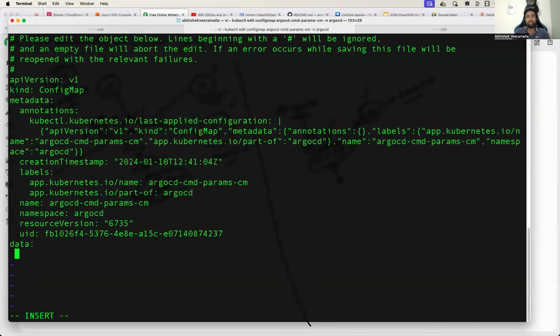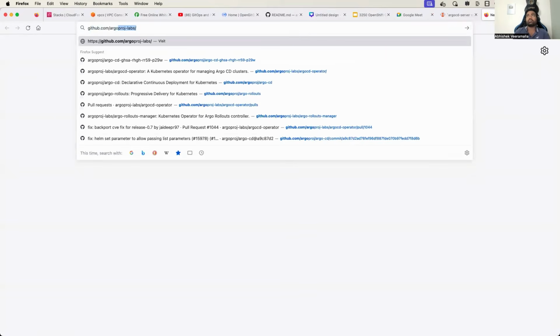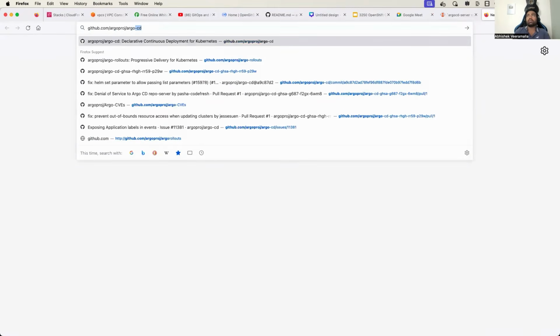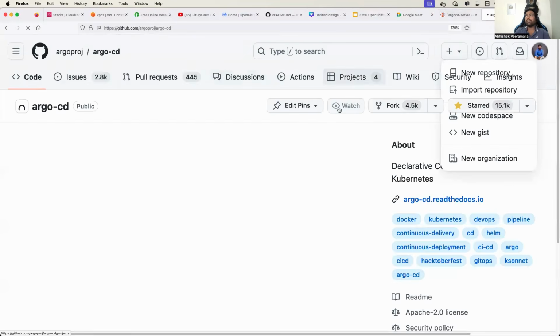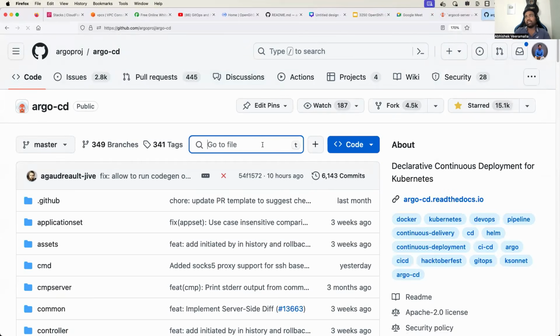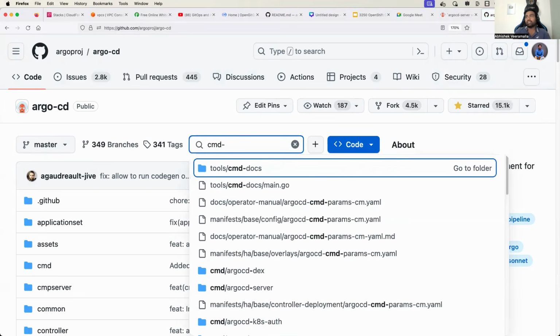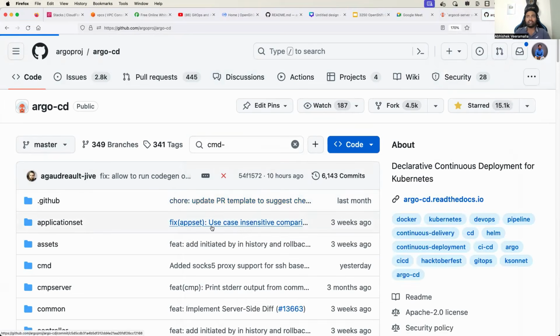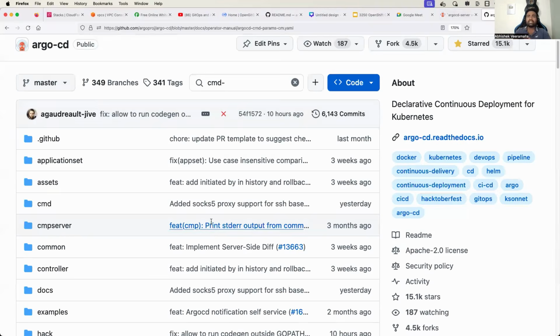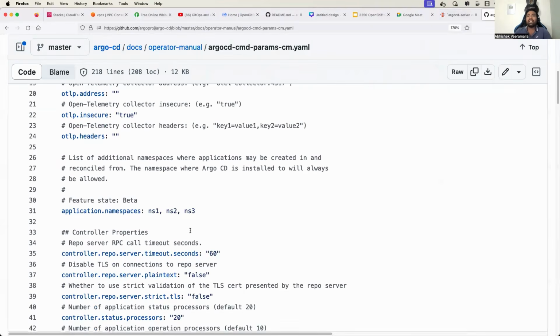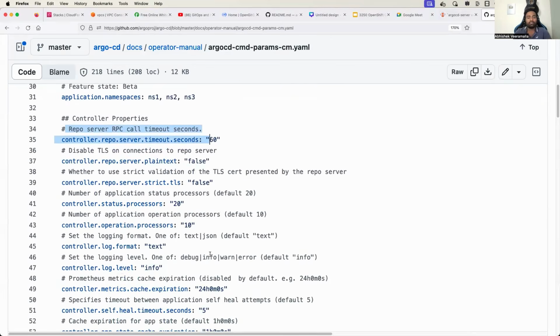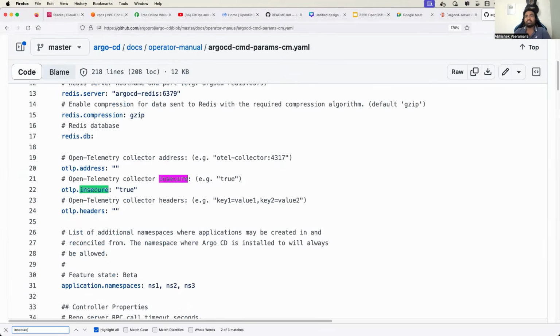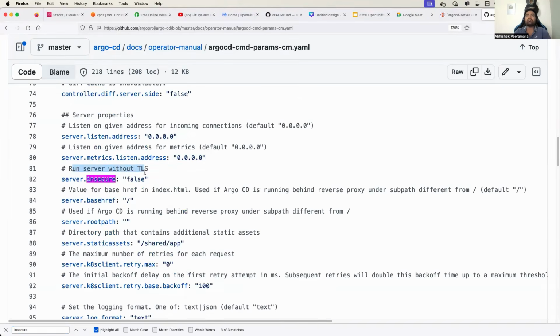So just do data. If you wonder, Abhishek, where do you get all this information? GitHub, argoproj, argo-cd. You will get that in the documentation as well. Or you can also come here, and in the files you can search for this particular cmd params file. Here it shows each and every parameter that you can configure, and an explanation for each parameter is also available. If you search for insecure, it explains: run server without TLS, that is without HTTPS. All you need to do is copy paste this one from here,